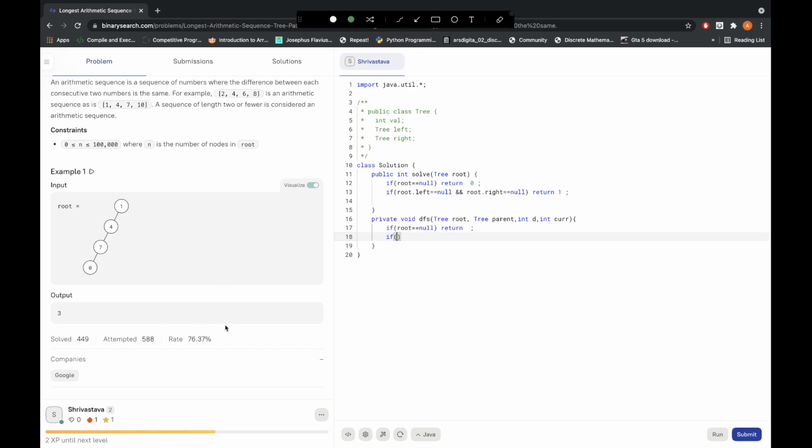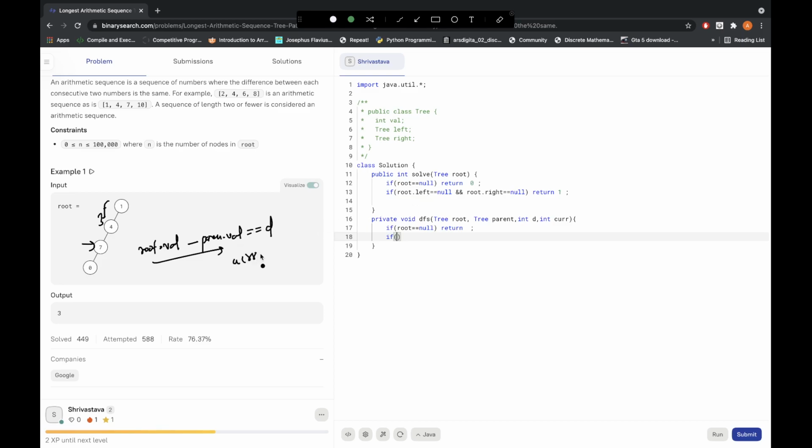If we look at this particular example, we are at node 7 and the current difference coming from the top is 4 minus 1, that is 3. So we have to check if the current root dot value minus the parent dot value is equal to D, the running difference coming from the top. Then we can simply increment our current length.